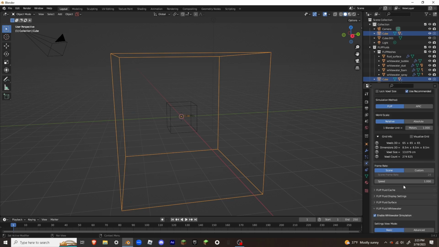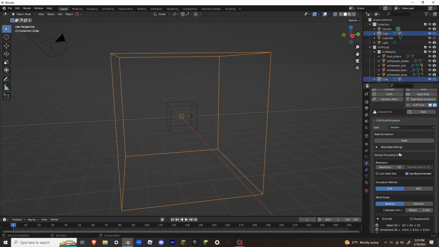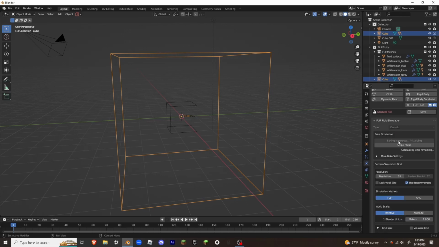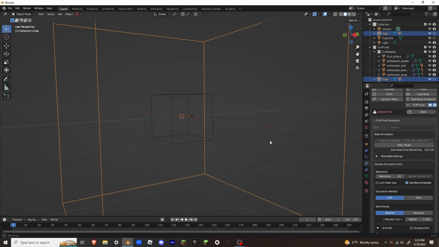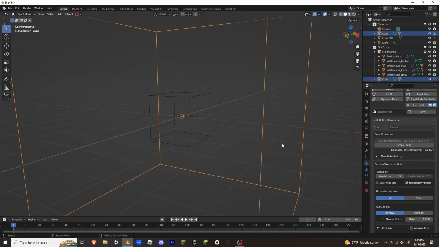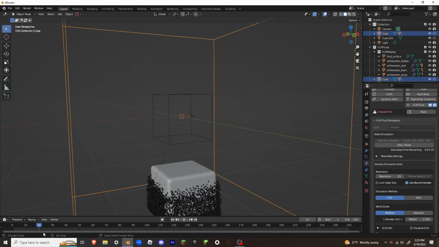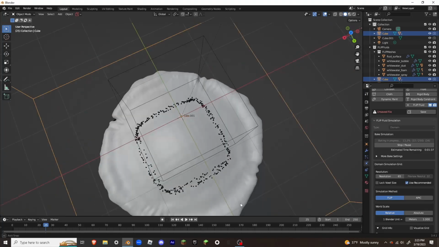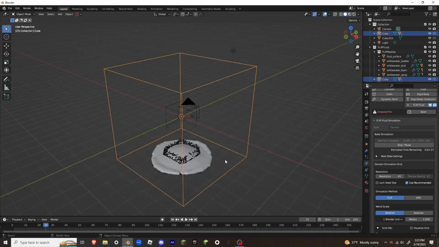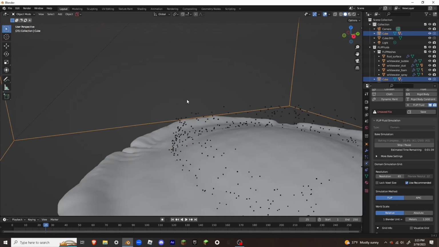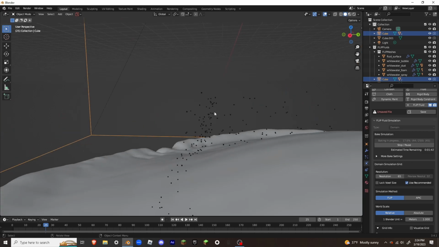And that is it. We can change the file location. Okay, and then we can bake it. Baking hopefully will not take too long. It'll take longer depending on your system. And the good thing about flip fluids is that you can go in real time and see the simulation, which is really good. So you have this, and you'll see these little particles here are supposed to be whitewater particles,